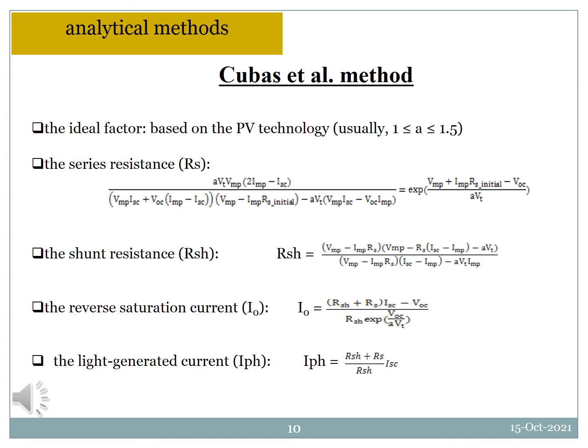Similar to Villalba et al., and to limit the number of the unknown parameters to 4 instead of 5, Kuba et al. suggested setting the ideality factor as constant. Then to get the series resistance value, the equation below must be solved numerically. After getting the value of Rs, we can now get the value of the other parameters using the expressions below.